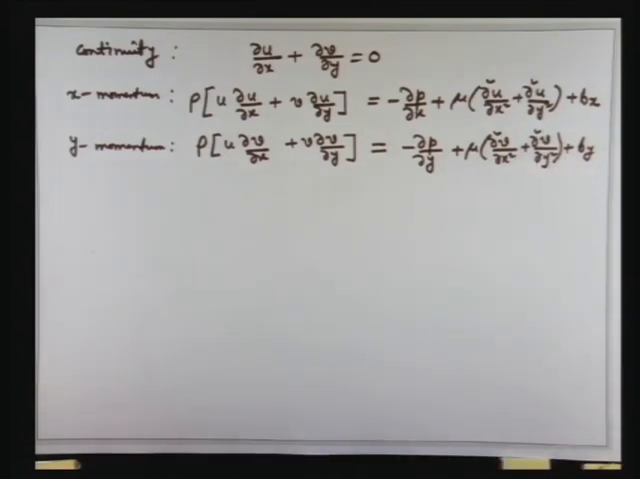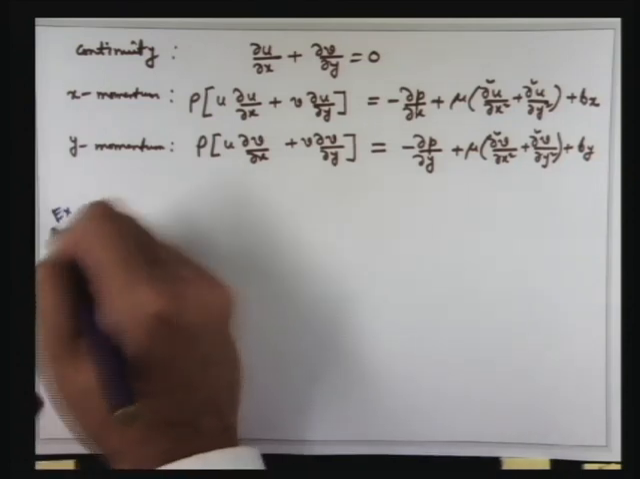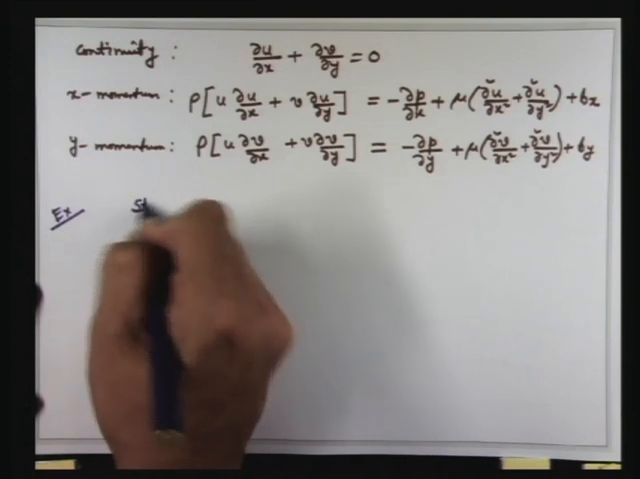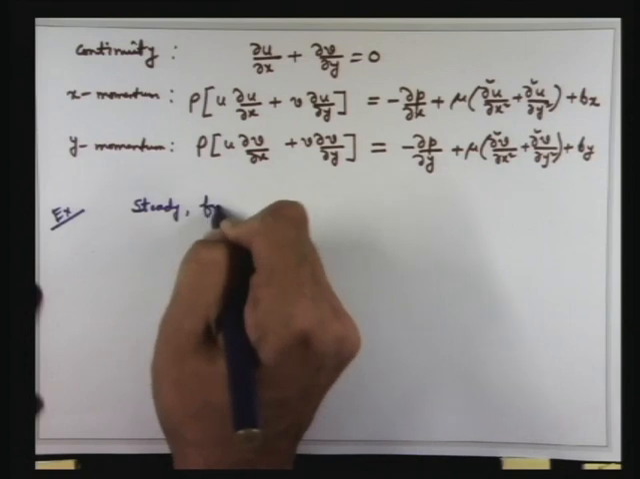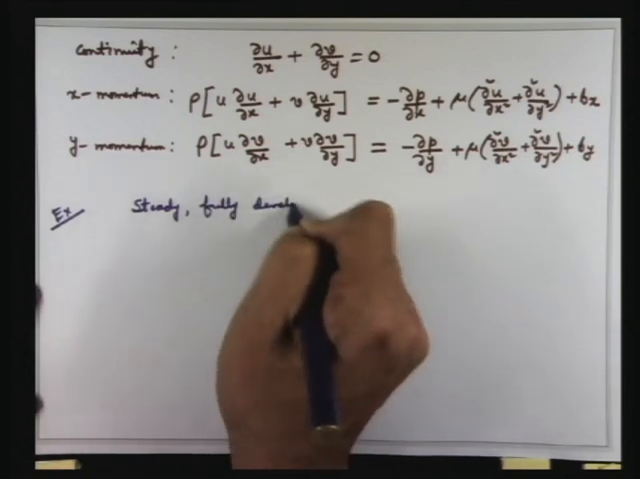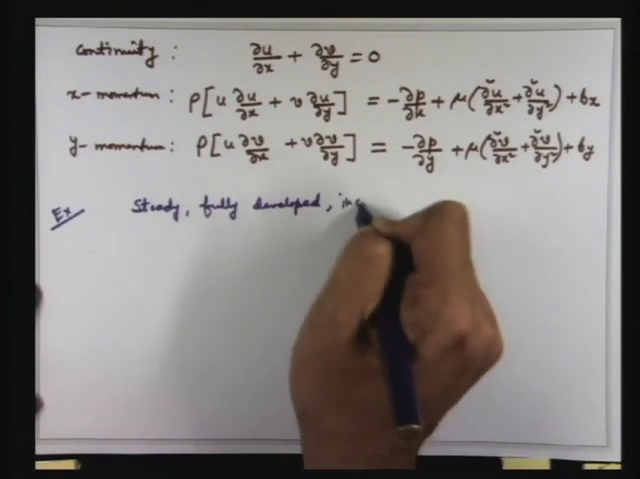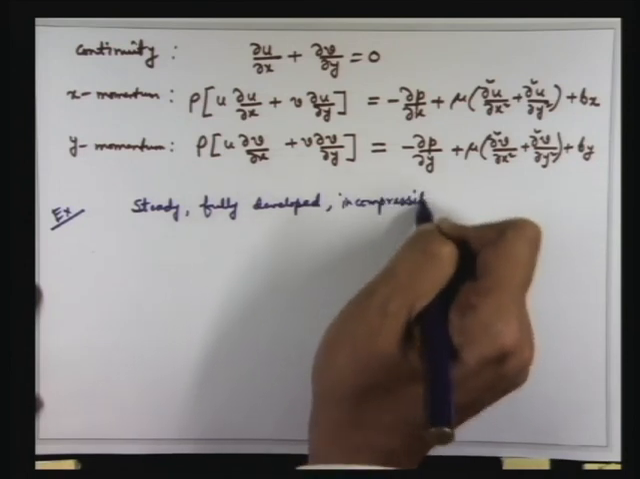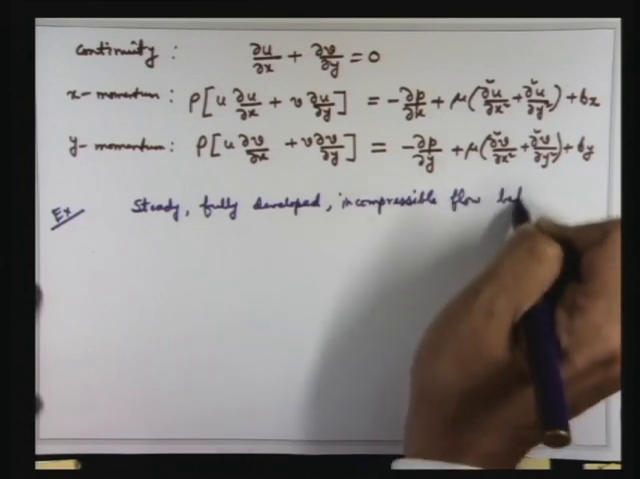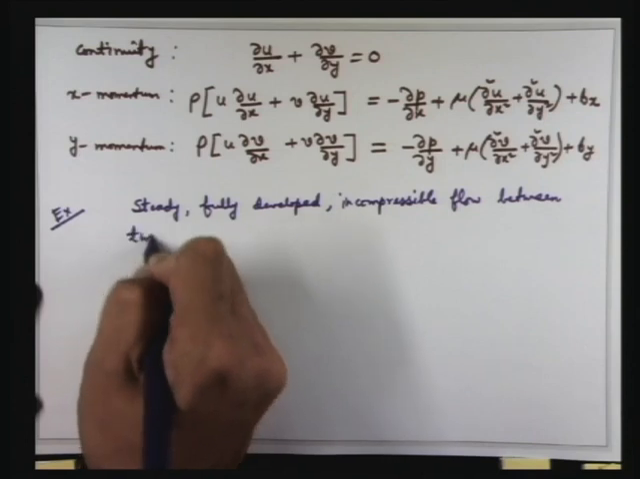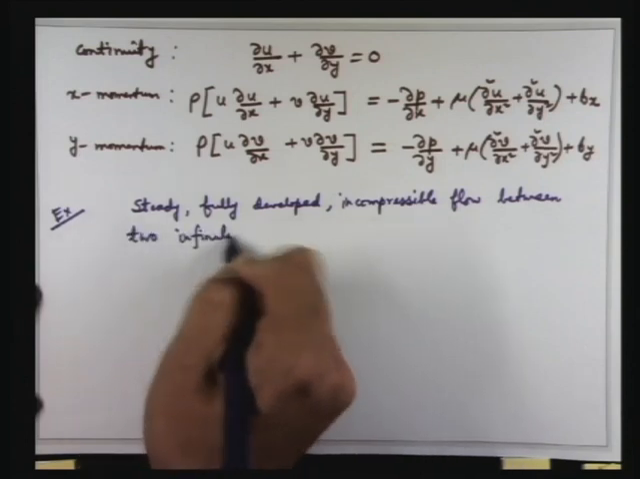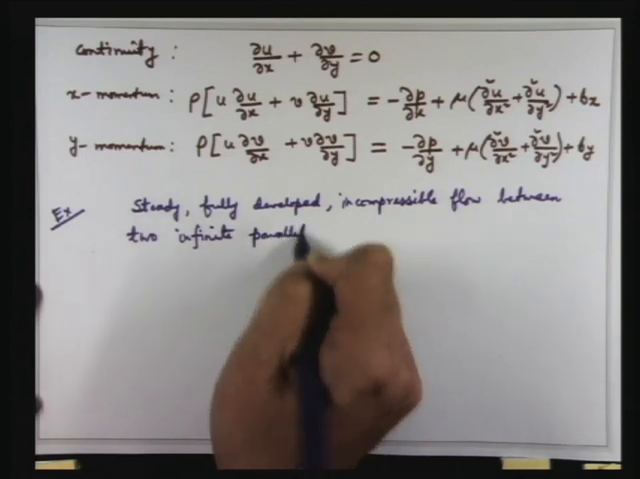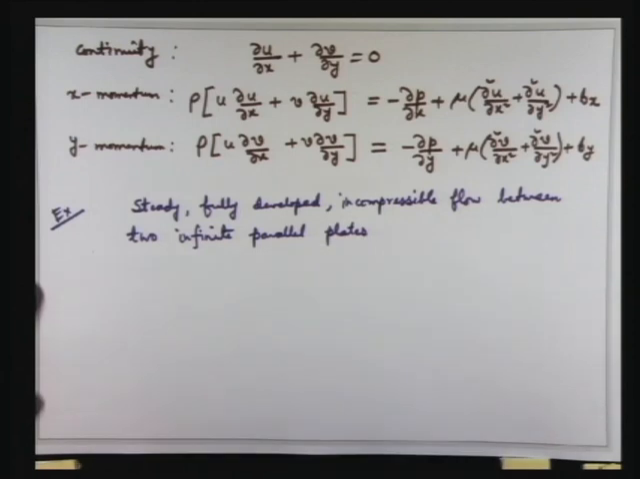Now this kind of two-dimensional flow has many practical examples, and we will consider one example: steady, fully developed, incompressible flow between two infinite parallel plates. So basically the situation is like this: